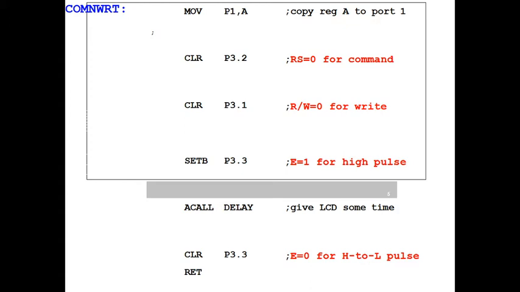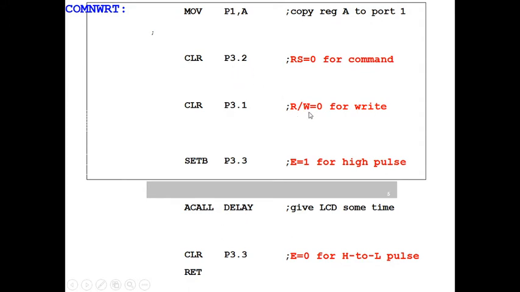Then we set the handshaking pins as per command write. Now, as per command write, what is the status of RS? RS must be 0, and RS is P3.2, so I give the instruction CLR P3.2.